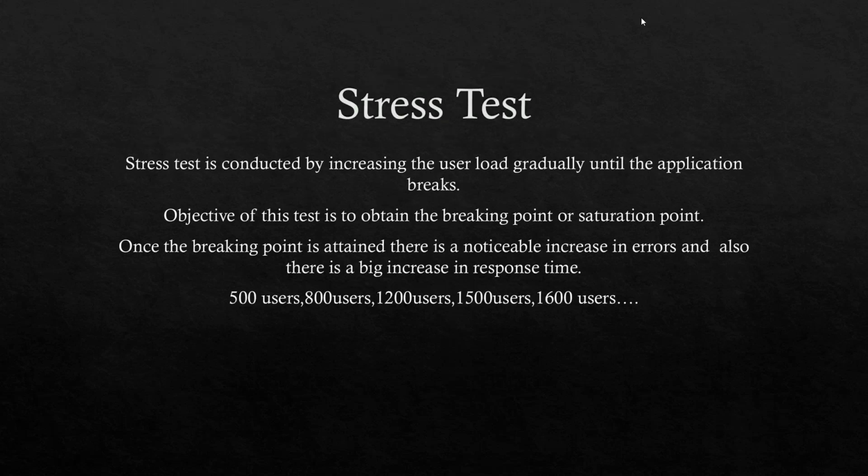Okay, the next comes the stress test. So stress test is nothing but we have to test until the application breaks. So you have to tell the client that, hey, your application will support this number of max users. It cannot support beyond that. Okay, for example,